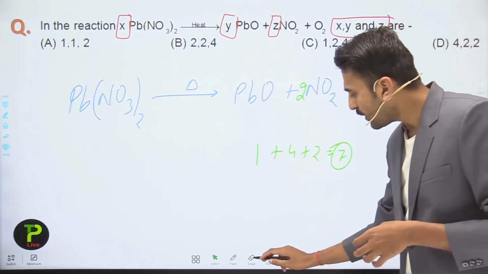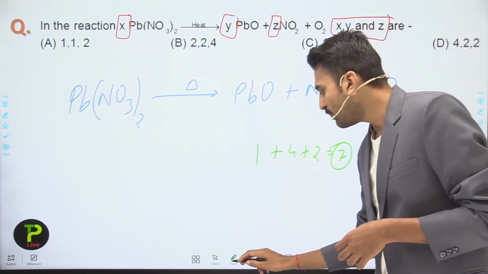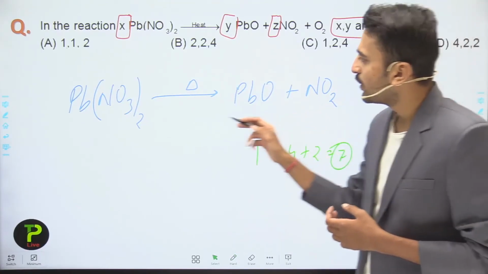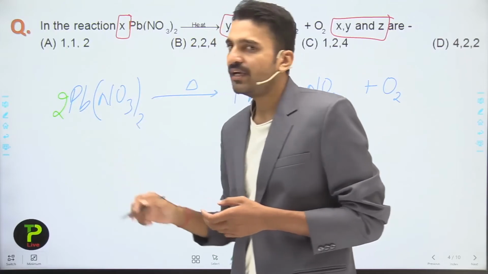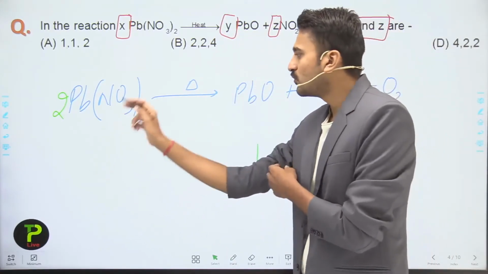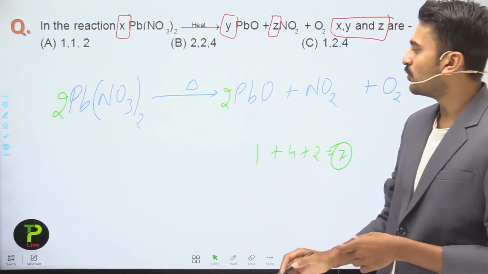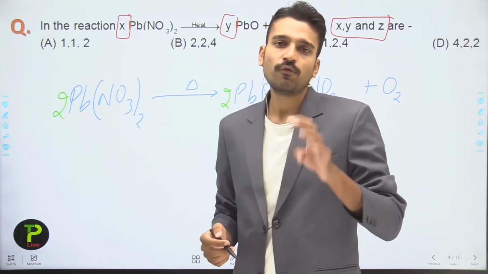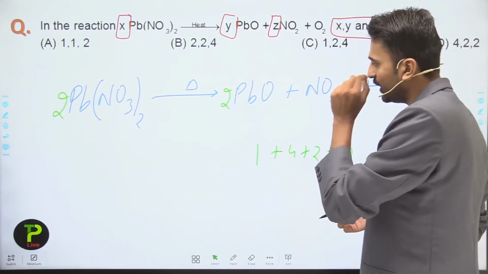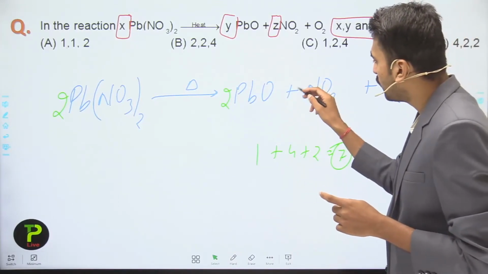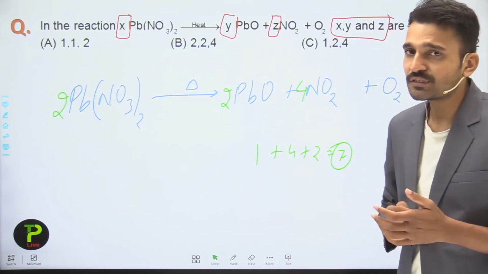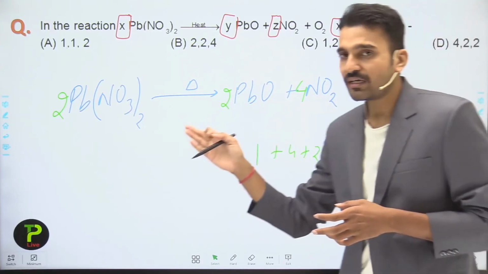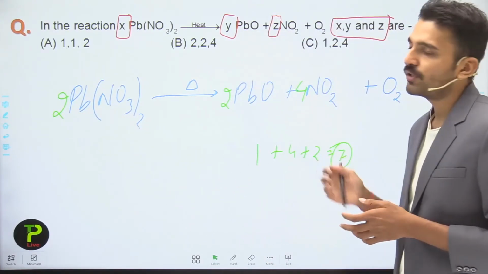So I have to remove this 2 from NO2, and I have to place some other number for balancing this reaction. If I place 2 here, this makes lead nitrate 2 molecules. So for balancing, it becomes 2 PbO. Also, the number of nitrogen atoms present here is 2 multiplied by 2, that is 4. So the number of nitrogen atoms is 4 on the reactant side, while on the product side it is 1. So for making it 4, we have to multiply it by the coefficient 4. On multiplying it by 4, the nitrogen atoms are balanced: 4 and 4 here.